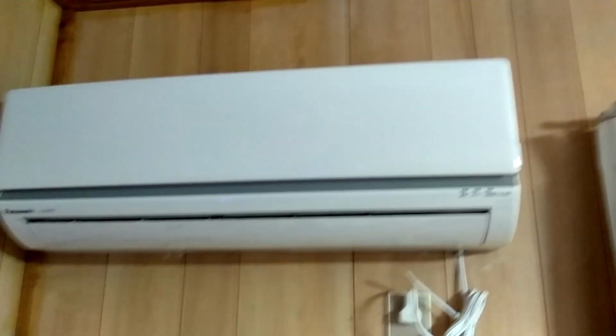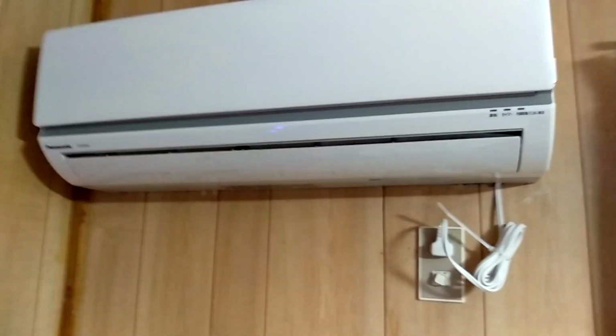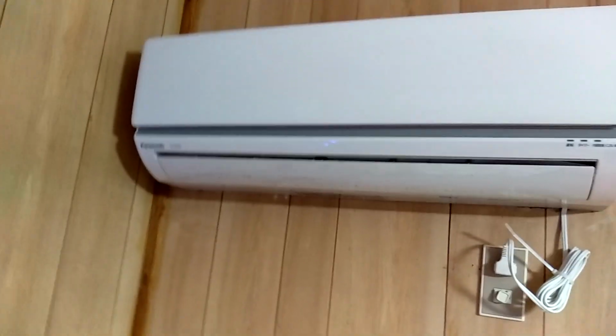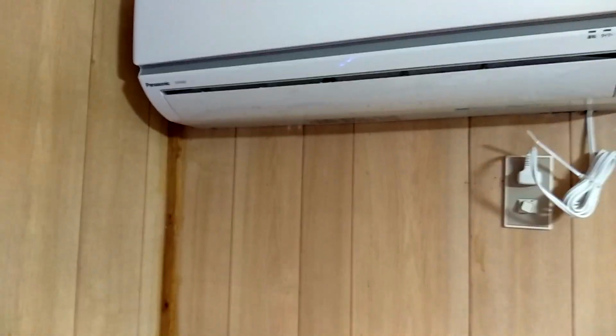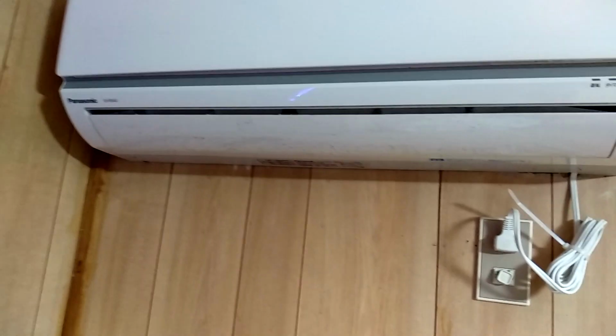This goes to my air conditioning. You might notice a lot of gunk on the air conditioning. That's because this is supposed to be cleaned once per month. I've been here for around 7 months, and I haven't done anything with it. So, yeah, this will be the cause of my death. I do have my laundry over here,